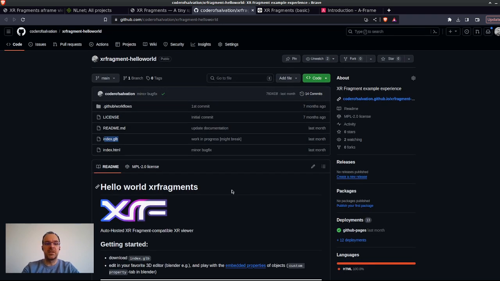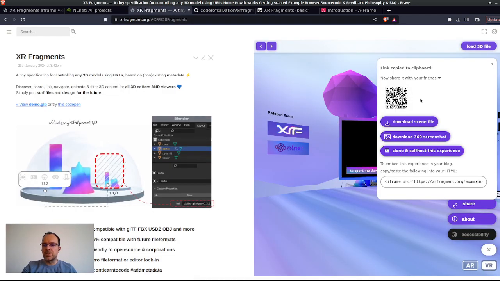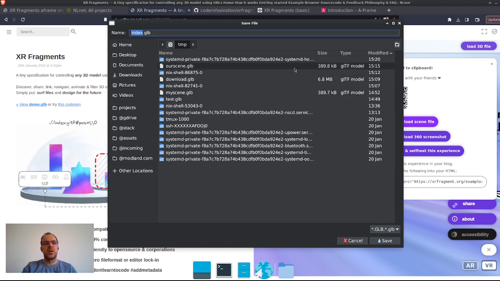So the good news is that all this linkability, all this connectivity is just an HTML file and a 3D model file. So here it's a GLB, but it could also have been an FBX, OBJ, or any future format which the client supports. So there's various ways to get started with this. Also, let me remind you, there's also the share button. It presents a download scene file. So whenever you come across an interesting experience, you can download it directly and remix it, re-upload it, do whatever